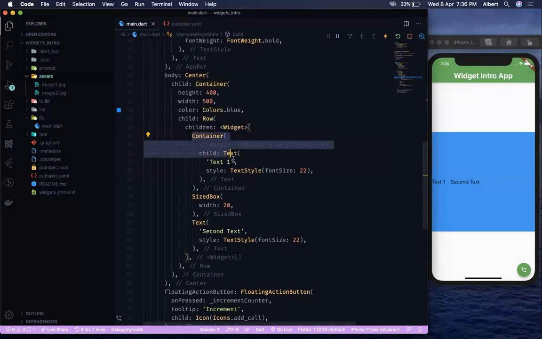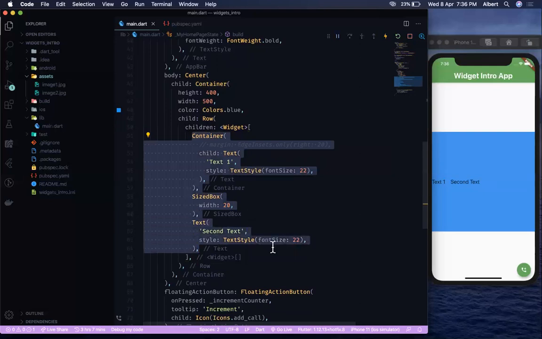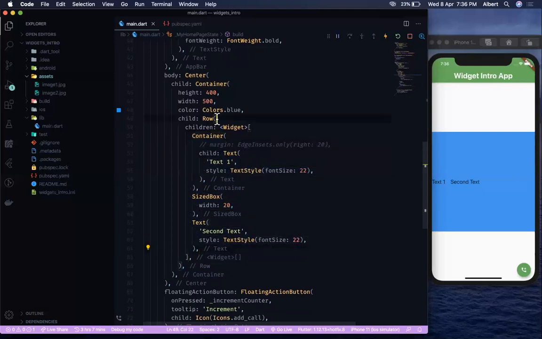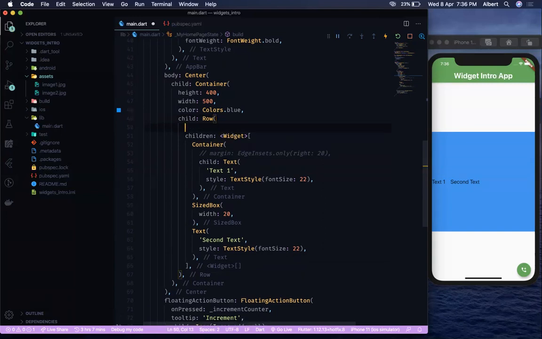I know that a lot of people already have ideas on how to use this widget, so I'm not going to talk so much about it. Although one thing I should probably talk about is the